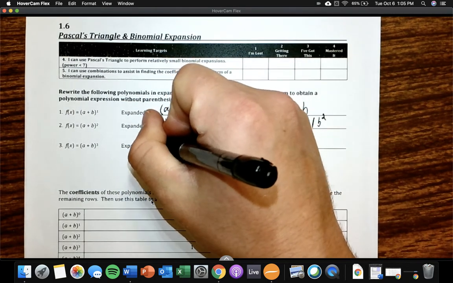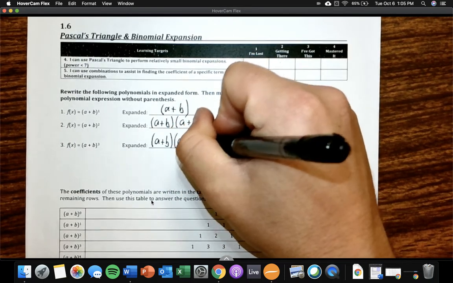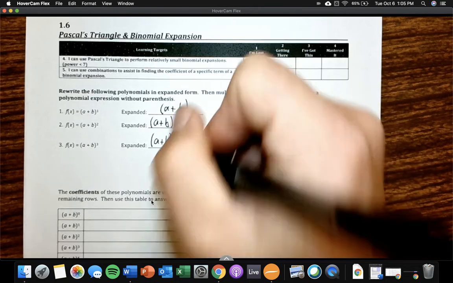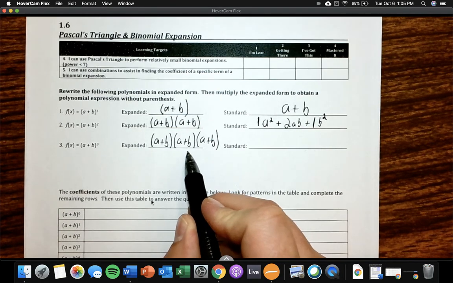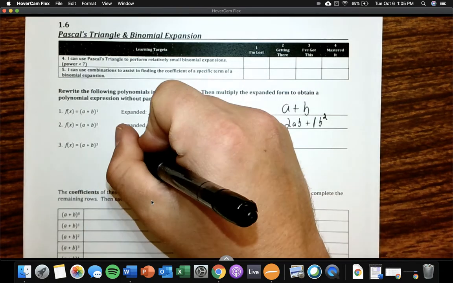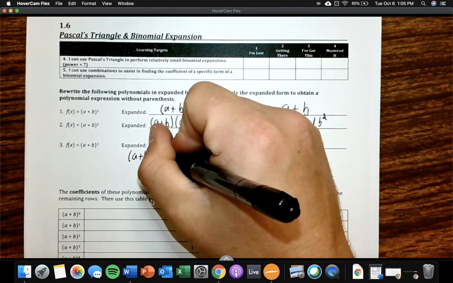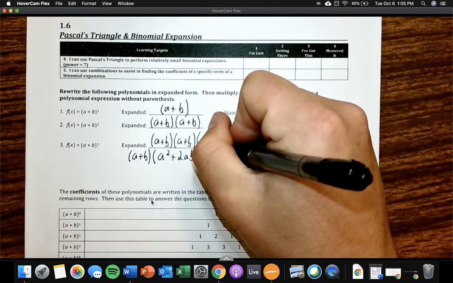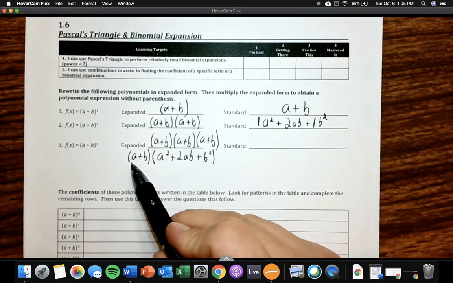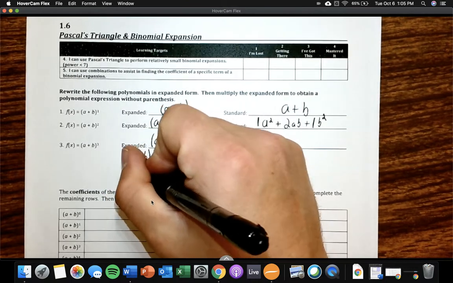So we would have a plus b times a plus b times a plus b. If we wanted to FOIL this out, we would kind of have to do it one at a time. So if I just look at these two, or really I can say any of them, let's say we would leave it as a plus b. We can FOIL out the other two, and we would get a squared plus 2ab plus b squared. Then what we can do is distribute these into our expression there, and we end up getting that it's a cubed